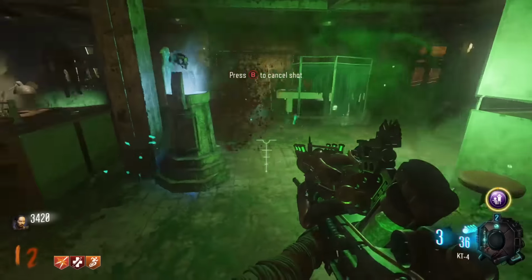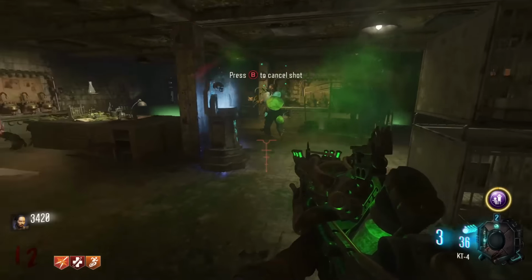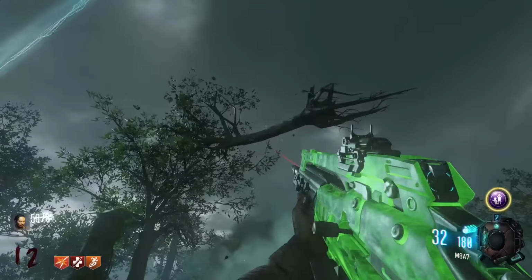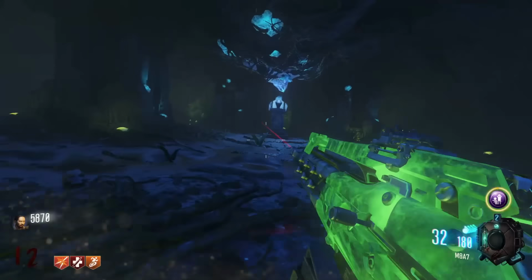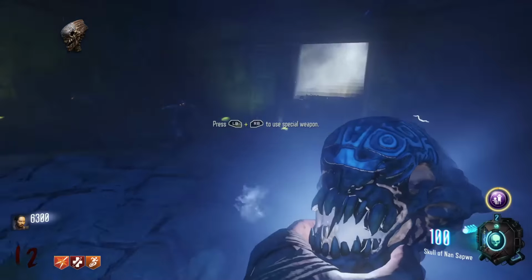I then finish the last skull, and honestly it's really easy with the KT4. It's a little bit similar to the Liquefier from Die Rise, but we do need to upgrade it. Then we come back and place the final skull, and then this allows us to get the skull of Nansapwe, and this also opens the area that we're going to train in for the high round strategy. All we have to do is just survive this little lockdown sequence, and then we've got the skull of Nansapwe,